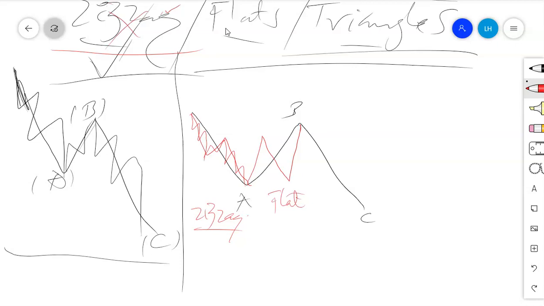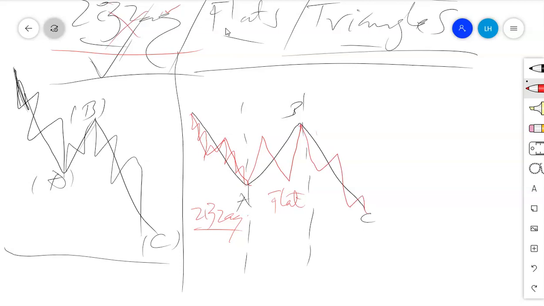And finally wave C. This is different from a combination, because I think most of you think that I'm presenting a combination here. This is not a combination. Combination is a different thing from what I'm talking about here. So now you'll find that wave A has a zigzag structure, wave B has a flat structure, and wave C will be the 1, 2, 3, 4, 5 to the downside.